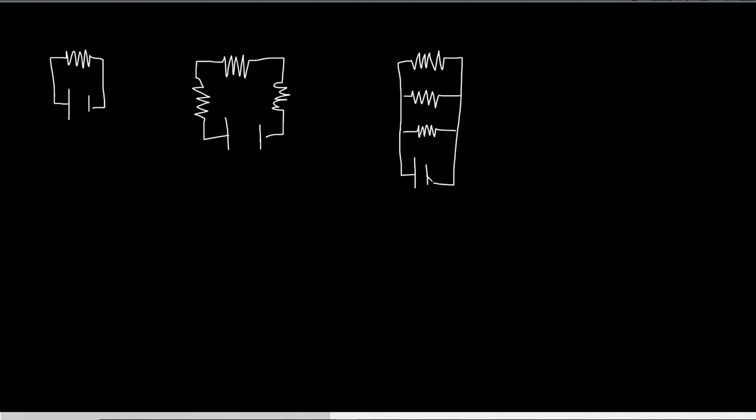All right, so today we're going to continue building on what we've already been doing with circuit analysis. So far we've looked at simple circuits, which is just one voltage source, one current carrying wire, and one resistor, something to make use out of all that electricity. Then we looked at a series circuit. This is where all of the resistors are in one loop that the electrons flow through. We learned that the current is the same